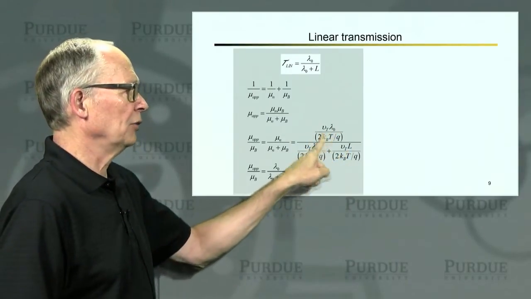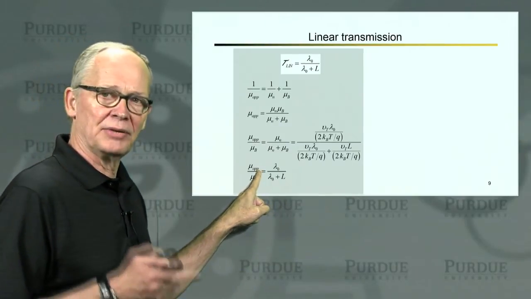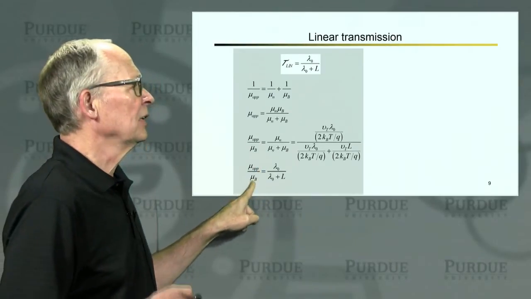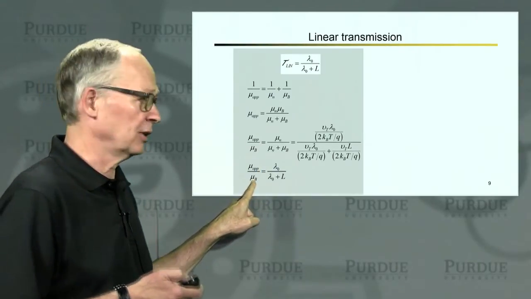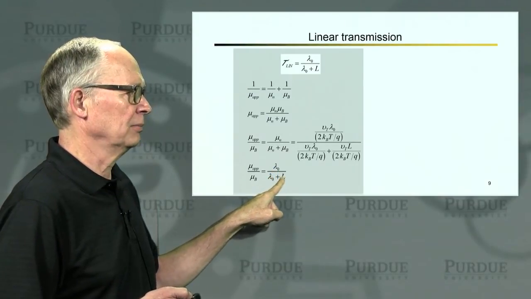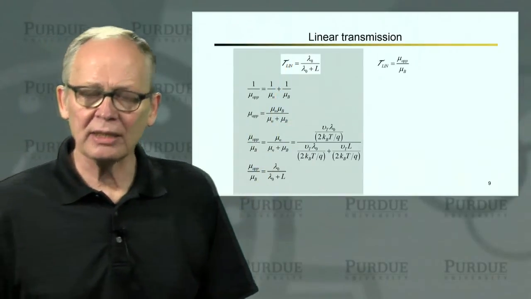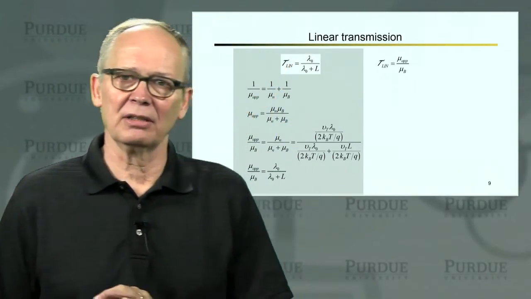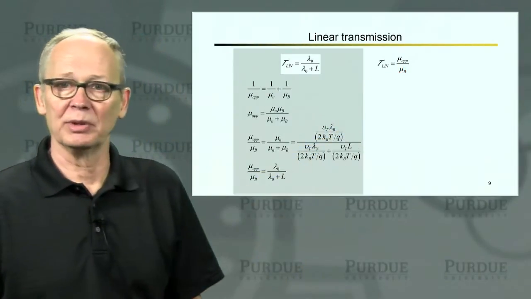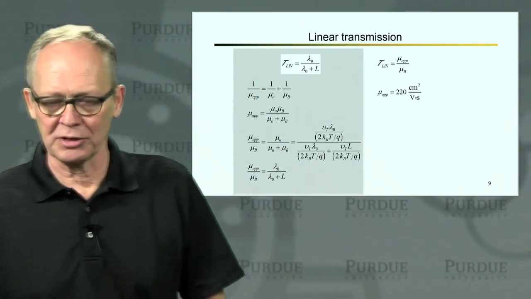And if you work this out, almost all of the constants drop out, and we find that the ratio of the apparent mobility that we extract from the MVS fit to the ballistic mobility, which we know how to compute, is simply mean free path divided by mean free path plus channel length. That's the transmission. So we conclude that the transmission in the linear regime is just the ratio of the apparent mobility to the ballistic mobility. So it should be easy for us to estimate the transmission in the linear regime.